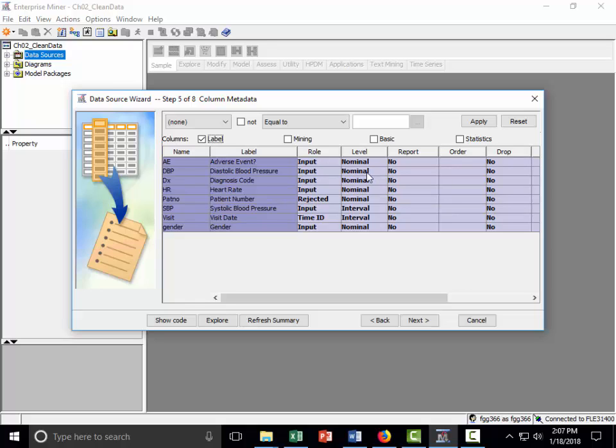But usually, since here the data set is really small, right? That's the reason why this is being a problem. Usually, if you have like million records, you're going to have more than 20 values, so this will not be a problem. So let's go ahead and change that to